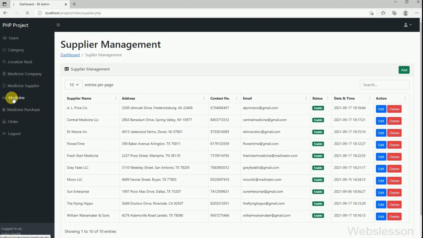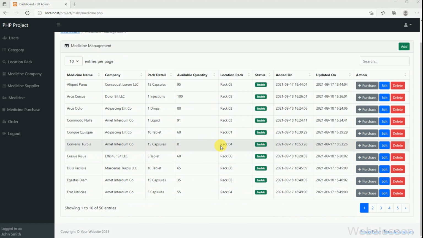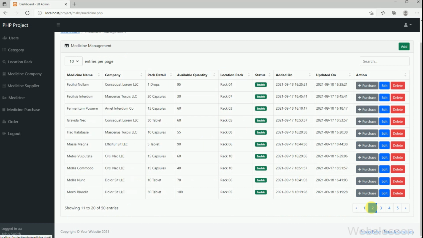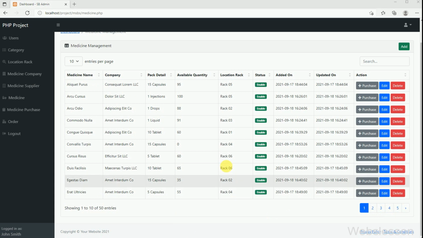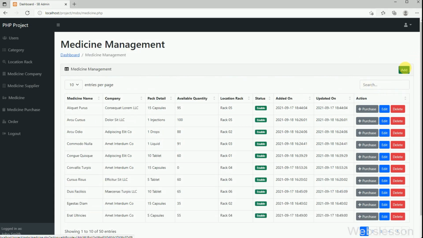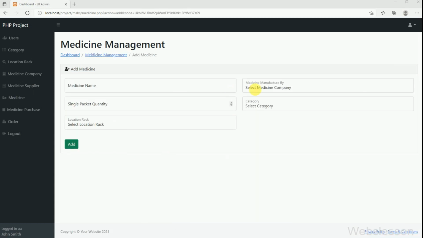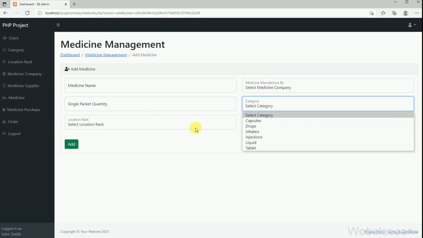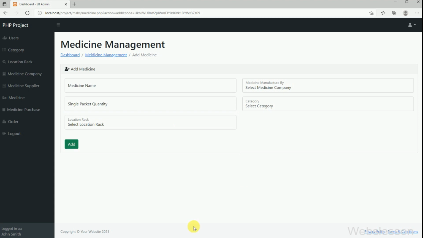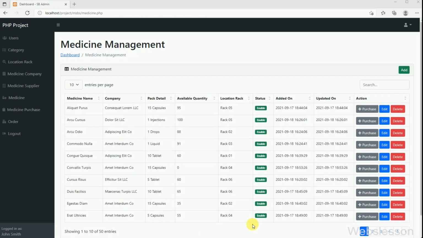Next, we have clicked on the medicine link, so here we can see that the medicine management page has been loaded. From this area, the master user can get the complete details of medicine, like which medicine is in stock, which medicine is out of stock, and which medicine is available in our store. The master user can get all these details from this area. If any new medicine is required to be added under this system, then the master user can add it by clicking on this add button, and can edit existing medicine data also. Lastly, the master user can enable or disable this medicine by clicking on this edit and delete button.